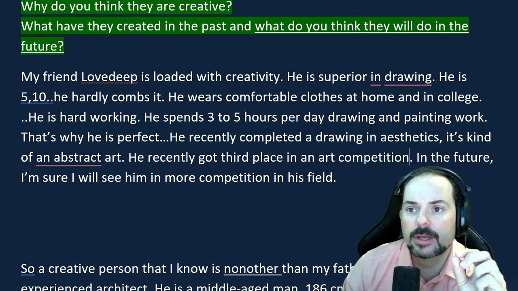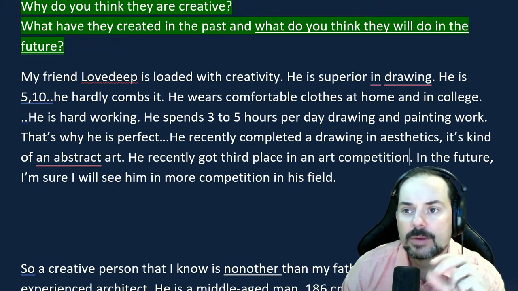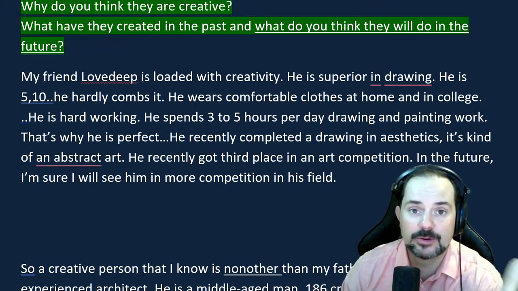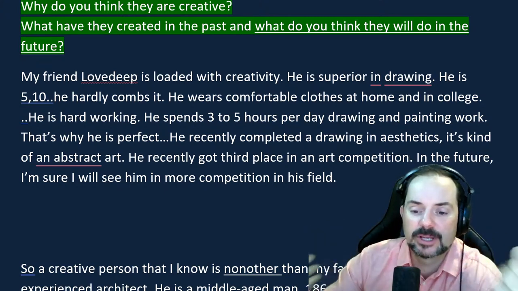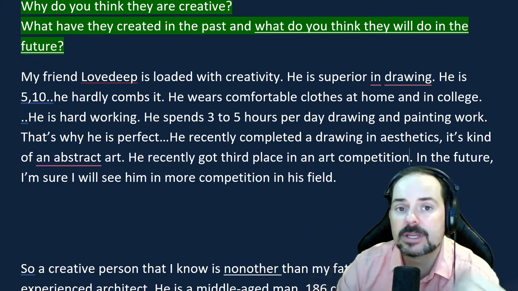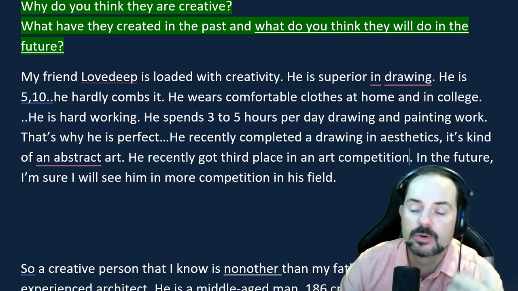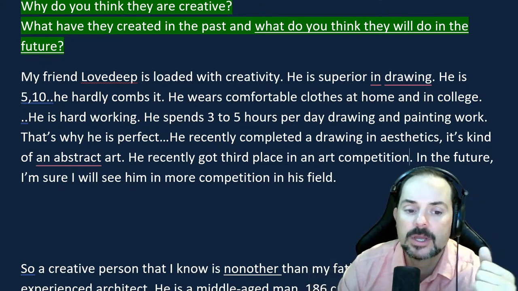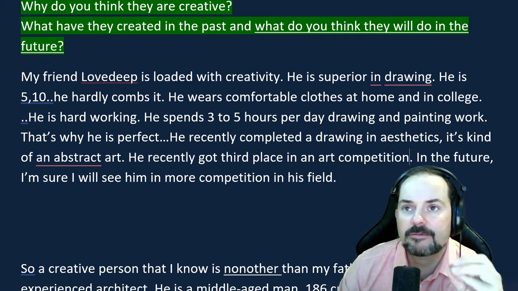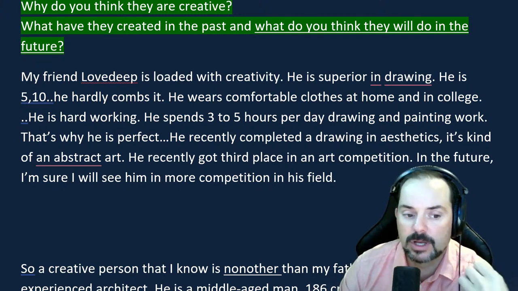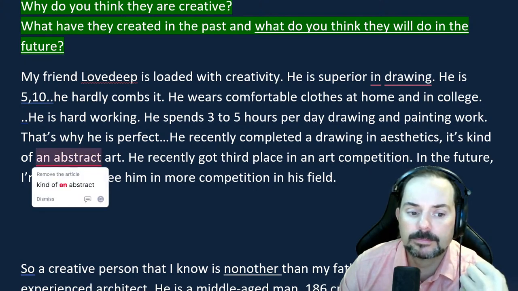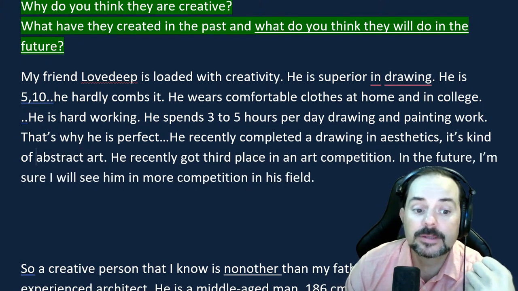Now, when we're speaking, we're also being creative. We're creating a clear story or picture for our listener. And the better we can make that, the better band score we get, the better we are at communicating. So I'll tell you what I felt was missing to make this an even better response. At the end, I was kind of lost in my speaking.